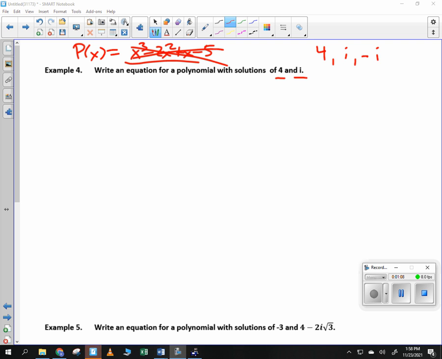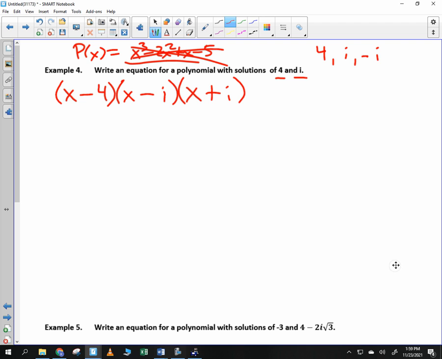The second part of the fundamental theorem of algebra told us, like the most important part was that degree tells us the number of solutions. But the second part says x minus, right? x minus 4, and x minus i, and x minus negative i, which I could write as x plus i. So the fundamental theorem of algebra says if we multiply this out, we're going to come out with the polynomial